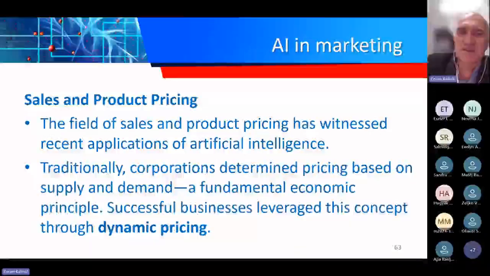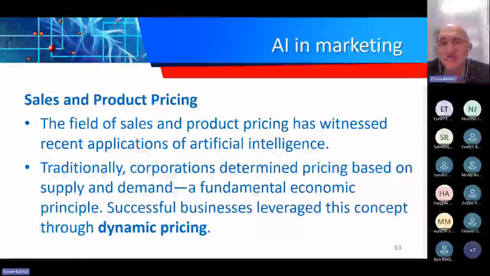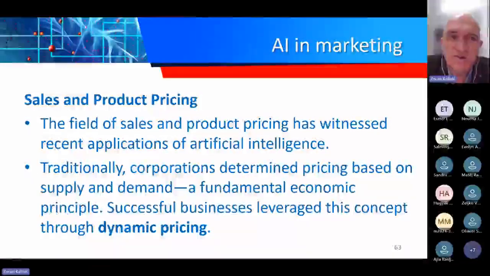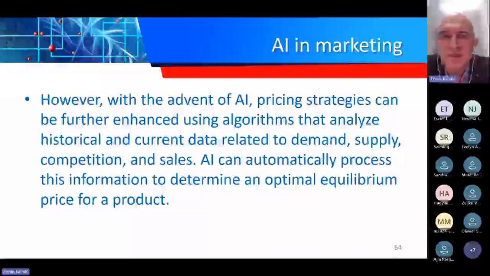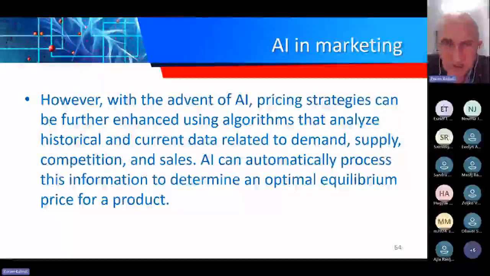Sale and product pricing is interesting because in economics there is a fundamental principle of supply and demand. Generally, as you know, when some product is scarce, when there is not a lot of this product on the market, the price goes up. If there is a lot of product on the market, the price goes down. And generally, there are some human-based methods to determine at which price we should sell,